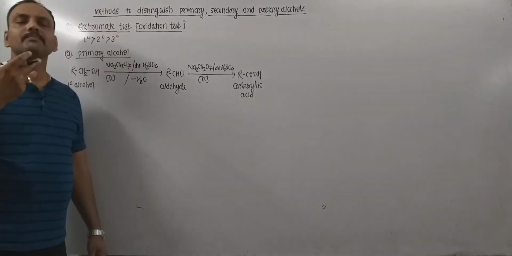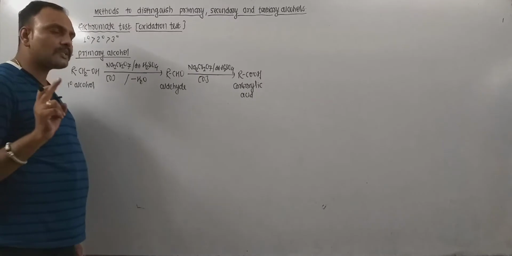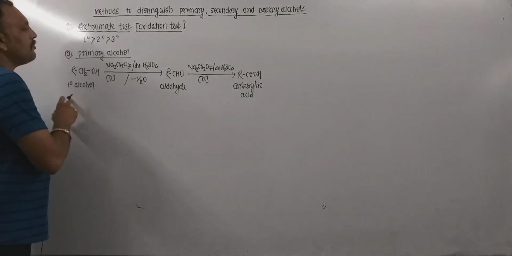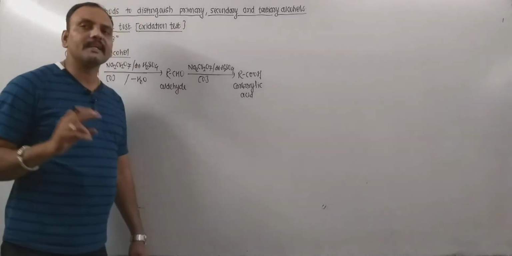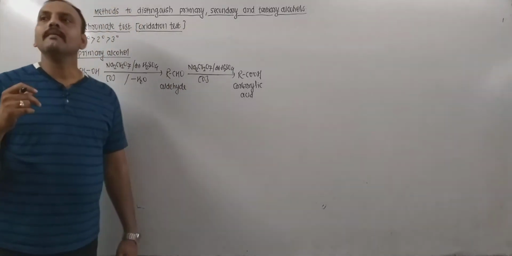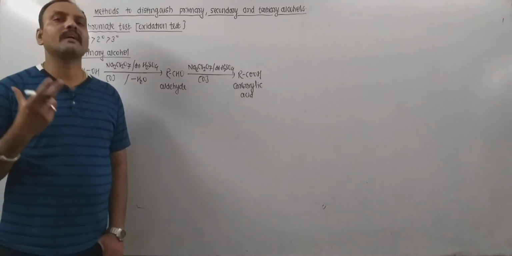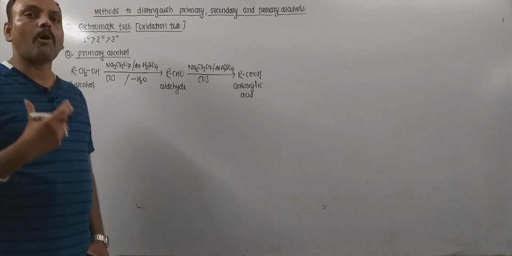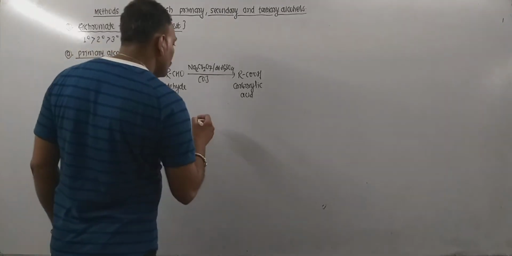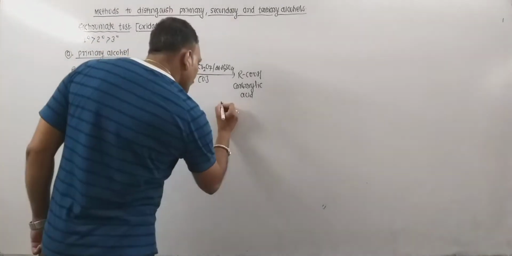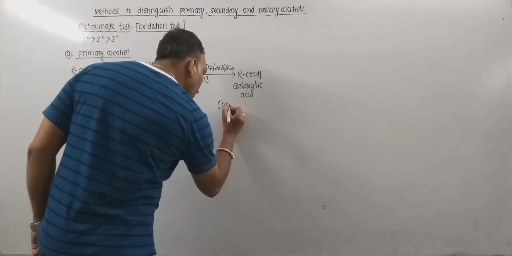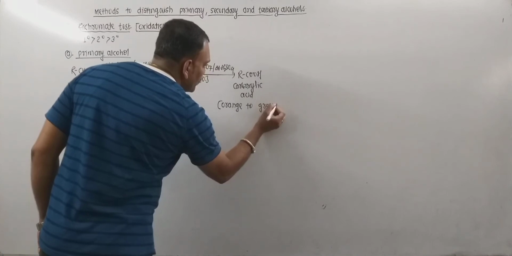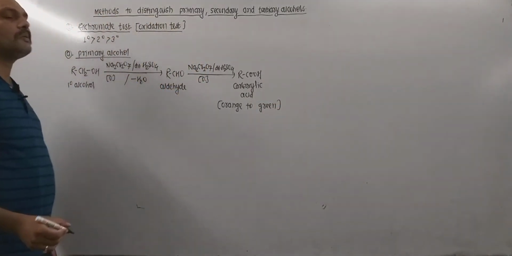Now what is the indication right here? First very big thing is the number of carbon atoms present in primary alcohol, aldehyde and carboxylic acid remain the same. And secondly, the visible change to us is the color. So remember, color gets changed from orange to green. So that is the very important thing to be noted. So color changes from orange to green. So this is the clear visible change.